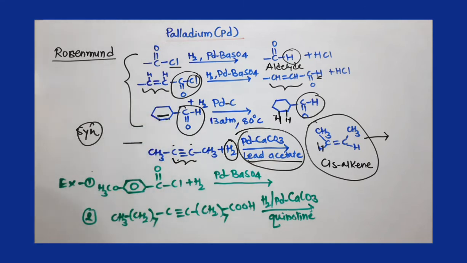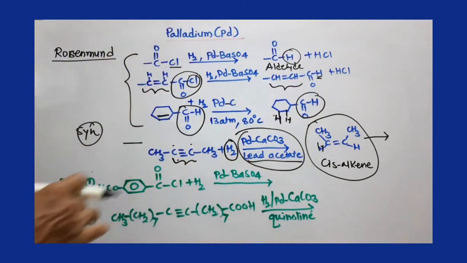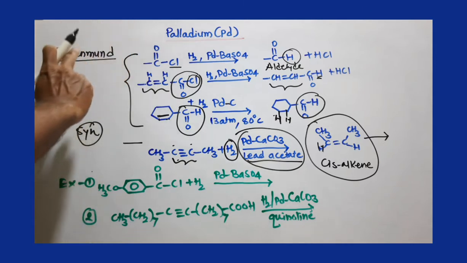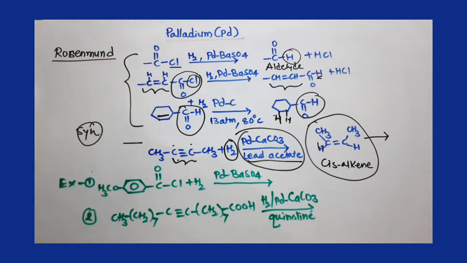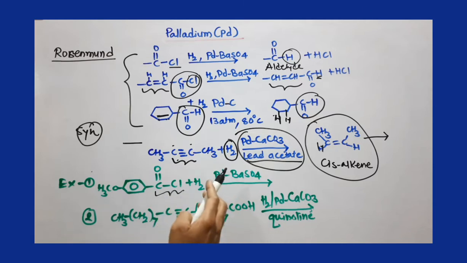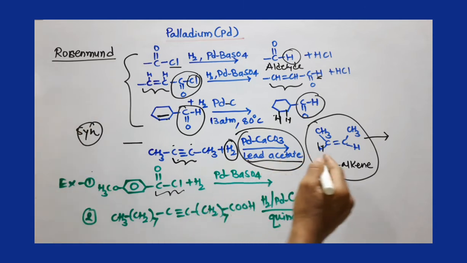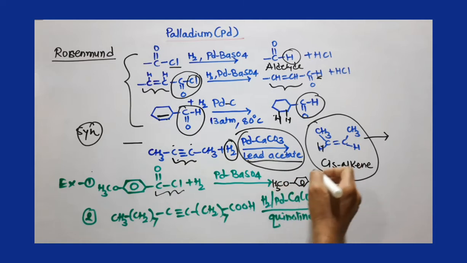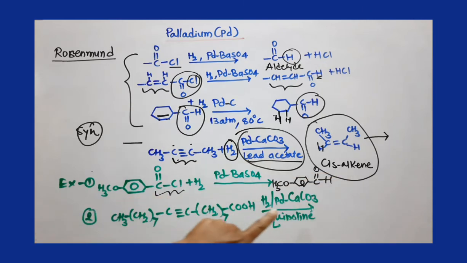Now if you consider all these four reactions, depending on these four reactions you can solve any problems related to Rosenmund reduction or Lindlar catalyst. Now I have taken the first example here. You can easily see this acid chloride group is there in presence of Pd/BaSO4. So this is Rosenmund synthesis, and in Rosenmund synthesis you have to target only the acid chloride portion. So I will keep the remaining portion as it is, and the answer is this aldehyde. So this is converted to aldehyde.